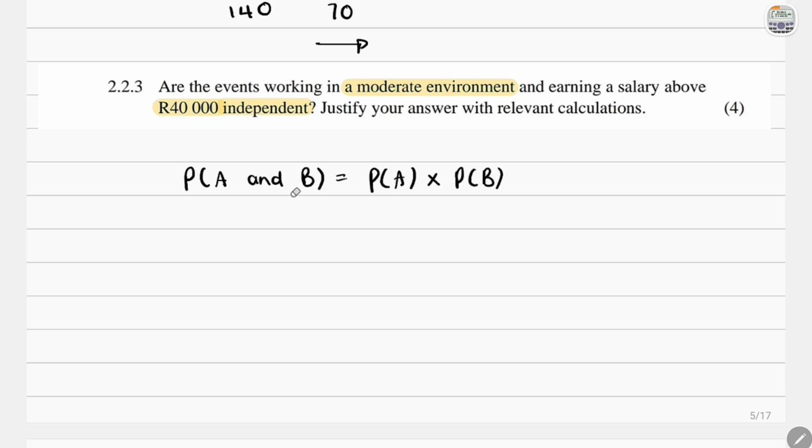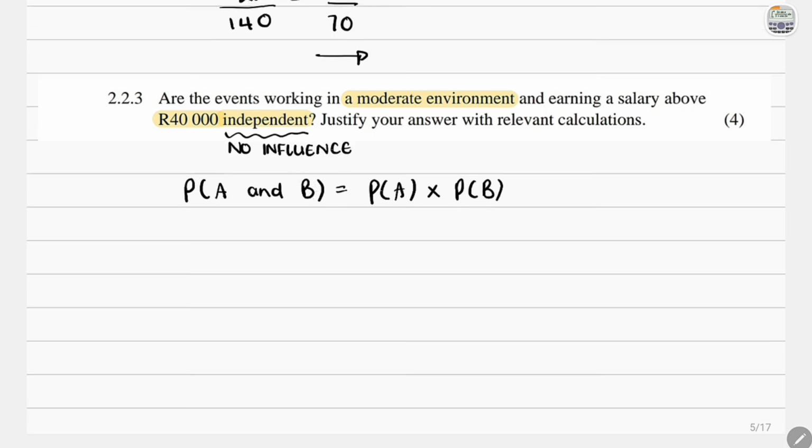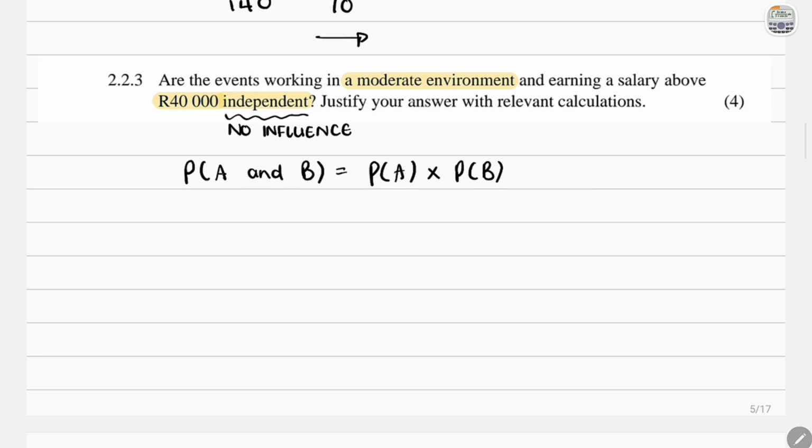And if you see that these are exactly the same, you can look at them as decimals, then it would mean that they are independent. And remember, with independent events, it just means that the outcome of one event is not influenced by the other event. So the two events we're working with are a moderate environment